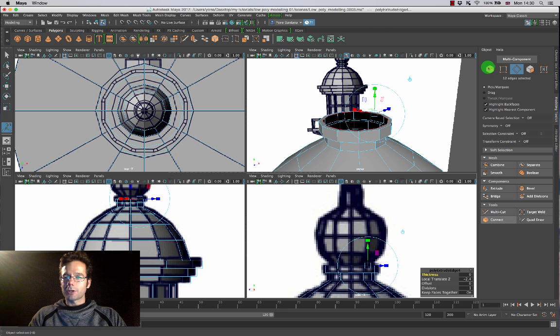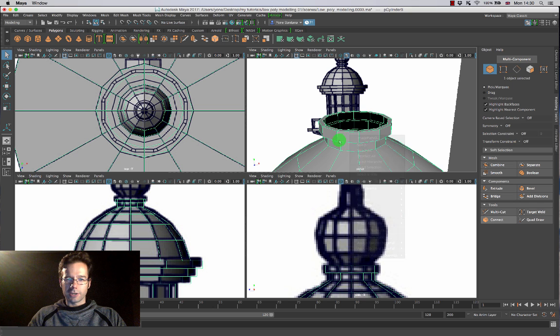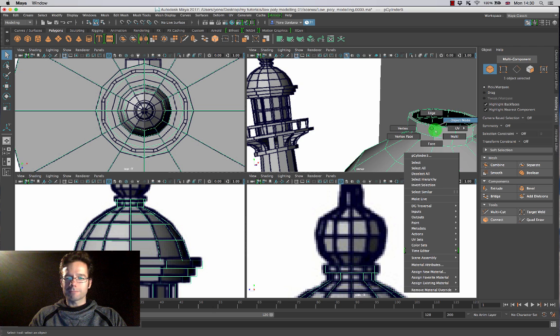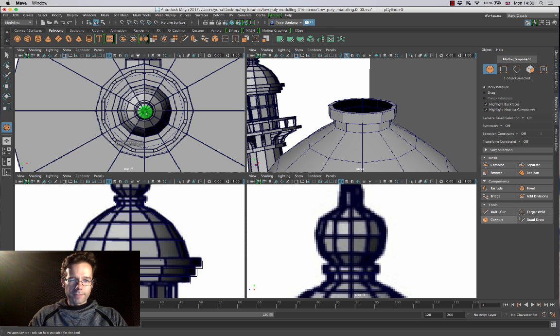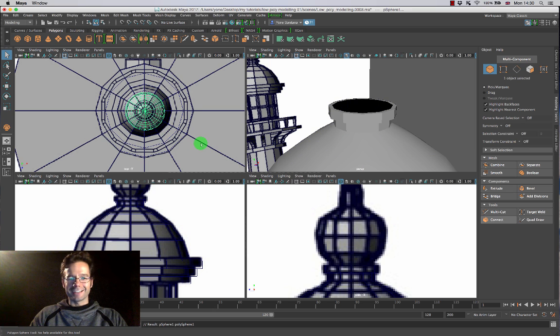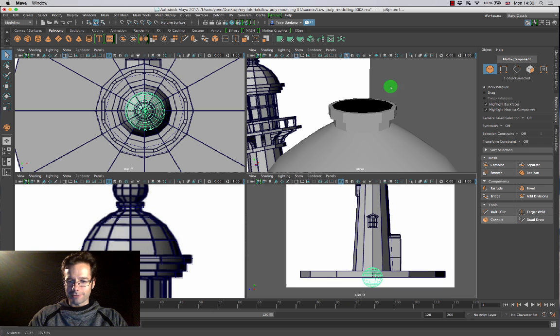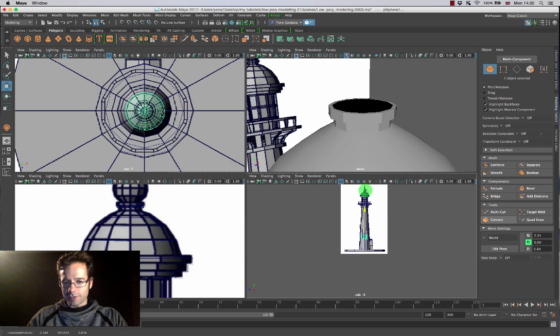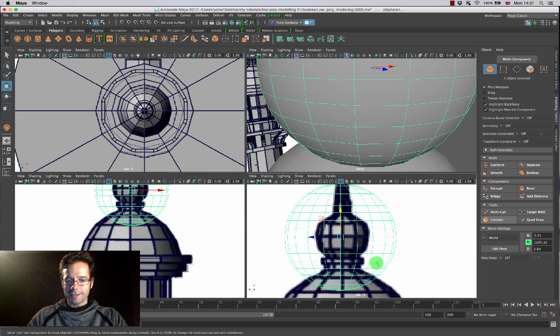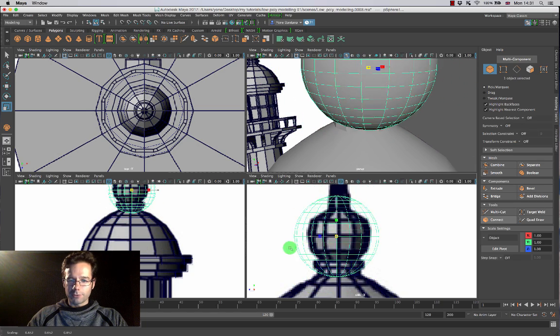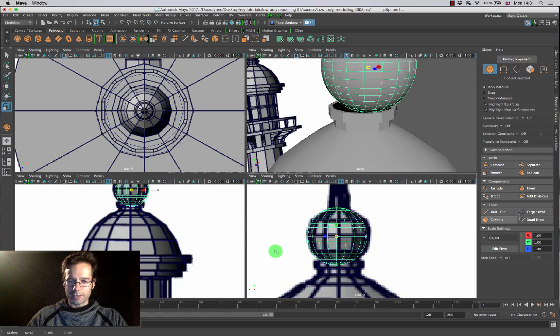So what I'm going to show you guys is I'm going to go into object mode by clicking here or right-clicking on my polygons and choosing object mode, like that. And what I'm going to do is go back and create myself a sphere. I'm going to do this in the top view over here. I'm going to click and drag. Now remember that that's going to be all the way down at the bottom of my scene, like that. So I will have to go back in one of my orthographic views. There we go. And I will have to move this upwards, like that. Put it roughly in the place where it should be. Oh my god, it's huge. And there we go. I'm just going to tap R,